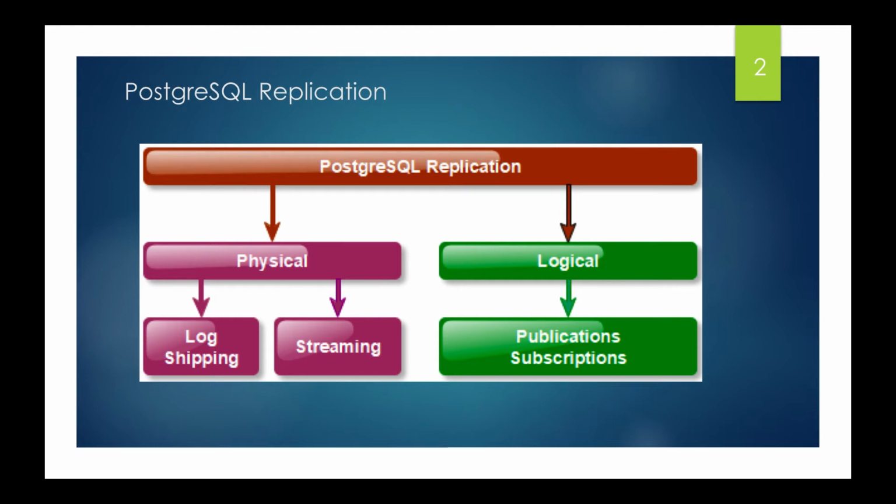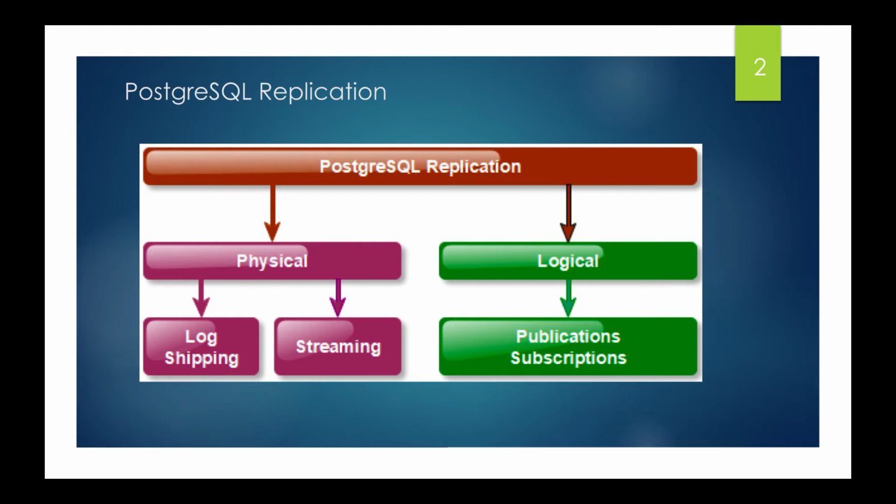Now with streaming replication, the standby, or the replication slave database server, is configured to connect to the master primary server, which streams the WAL records to the standby as they are generated, without waiting for the WAL file to be filled. By default this is asynchronous. That means it takes some time after a transaction has been committed on the primary server, so there could be a very small delay. But I am also going to discuss a synchronous approach, by putting some additional parameters in the postgresql.conf file in the master